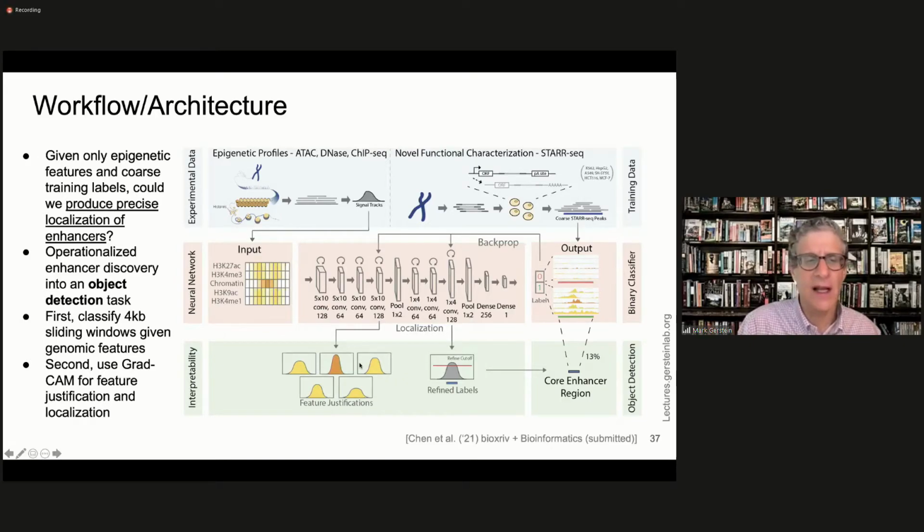And one of the nice aspects of our system is that it will tell us at the end which of the features are most important for this type of prediction, and maybe also help refine this prediction to an even more precise region than even output by the training data. So this training data that we're using from the STARR-seq experiment is, you might say, weak training data. It's not that precise and so forth, and you can actually make it more precise through application of